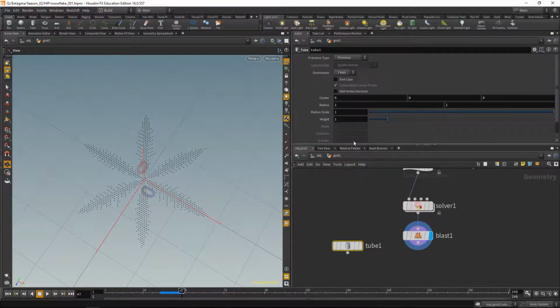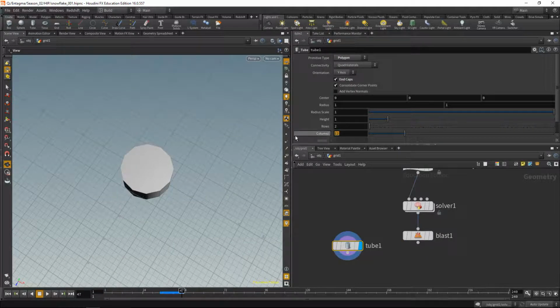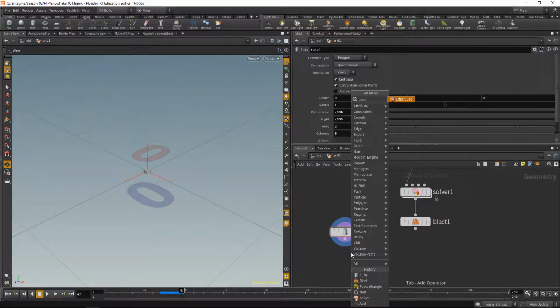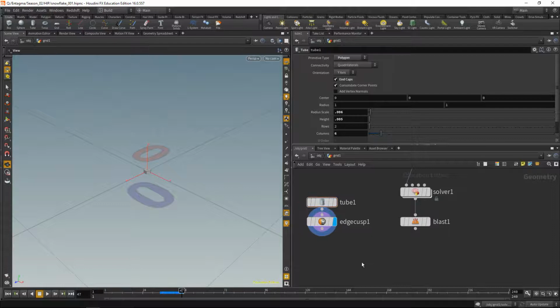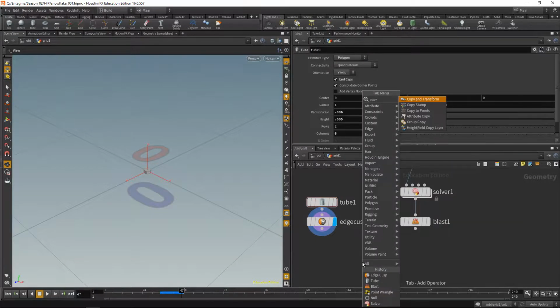So let's create a tube, set that to be a polygon, have end caps, zoom out a bit, and have only 6 sides, like so. And also let's scale this a bit smaller, so the radius should be 0.06, and the height, let's set that to 0.005, like this. Also, let's cusp the normals of that tube for the visual impression,